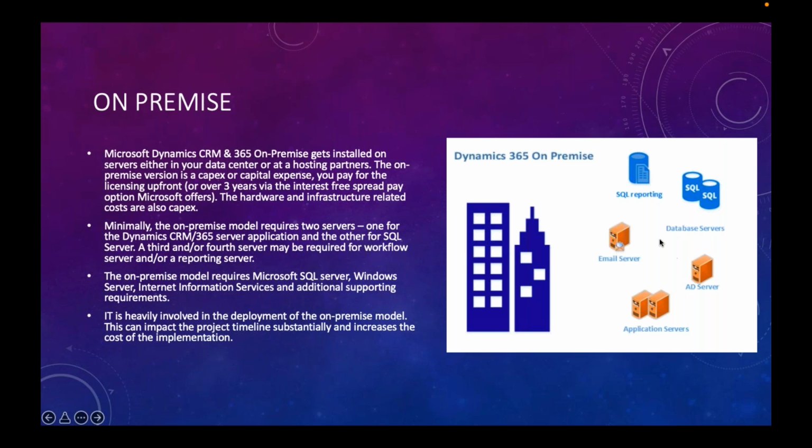So that is what I was saying about the servers. If you go for on-premise, mostly we have to maintain all these servers. The on-premise model requires Microsoft SQL Server and Windows Server, as I said, and IIS, Internet Information Services. We need to configure one Windows Server, and in that server we have to install IIS services, and some additional supporting requirements will be there, which will be in our